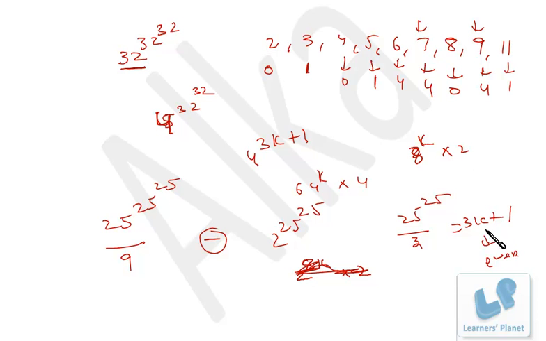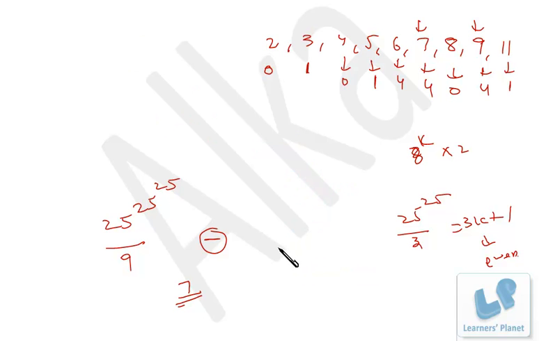Okay, now k is an even number, that we know. Now if I divide 8 raised to k by 9, the remainder will be minus 1 raised to k. Now k is an even number, so minus 1 raised to an even number, the remainder will be 1, and that 1 into this 2, the remainder will be 2, right? But we are still left with this minus sign. Okay, so final remainder will be minus 2, that is 9 minus 2, 7.